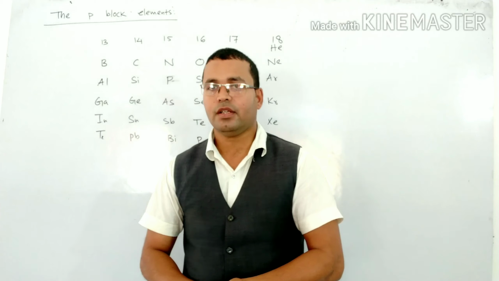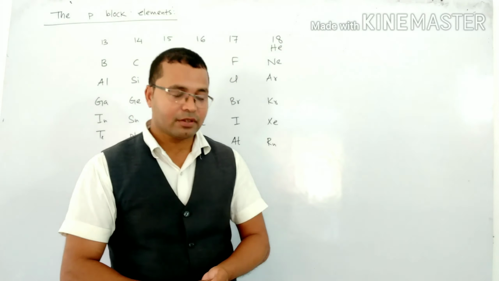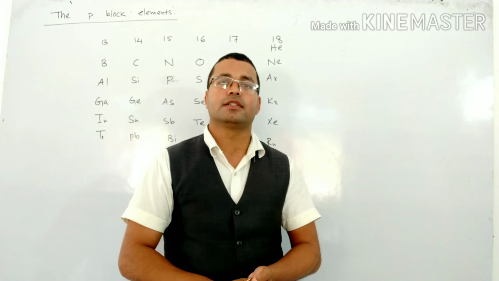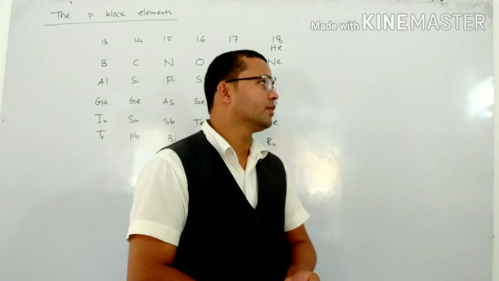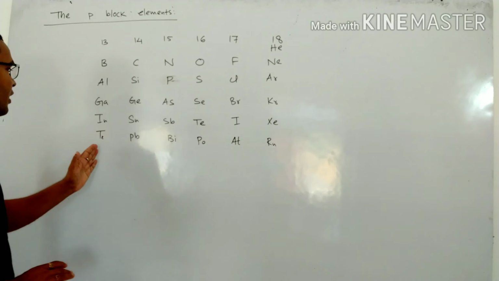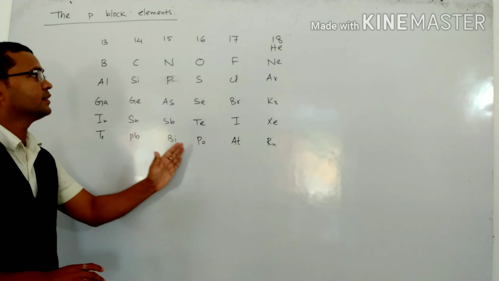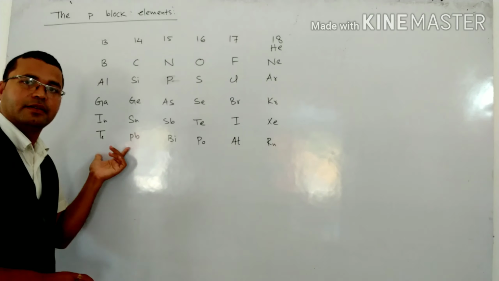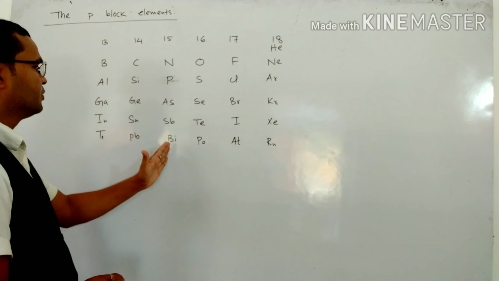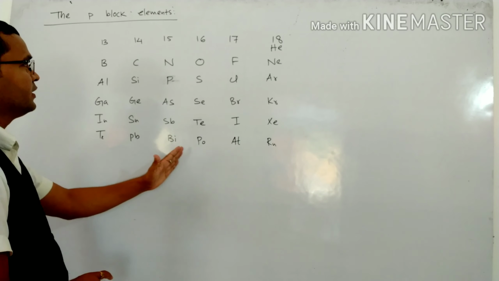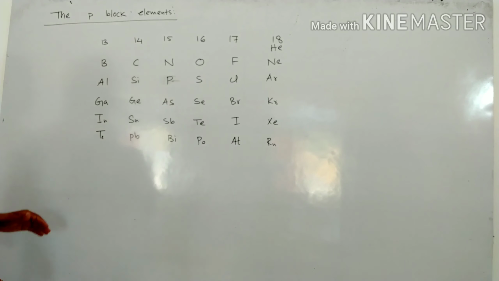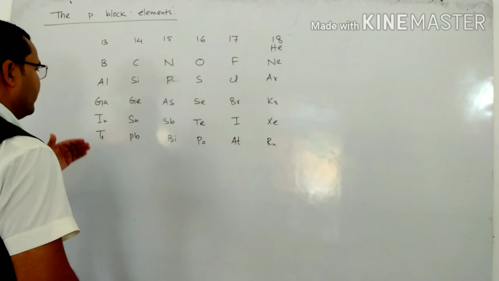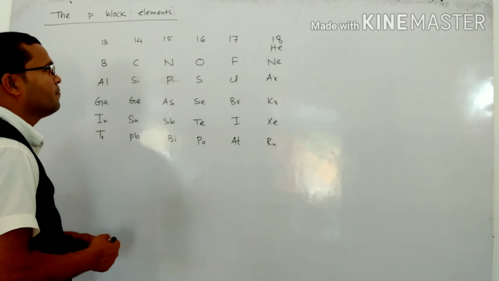So in p-block chemistry, p-block elements, some logic is there and some you have to remember. So we have group 13, 14, 15, 16, 17, 18, and 13 and 14 you already learned in class 11. Here we have to discuss only 15, 16, 17, 18. So these are mainly what? Non-metals, mainly. Some exceptional cases are also there.